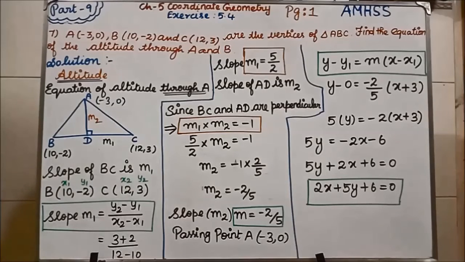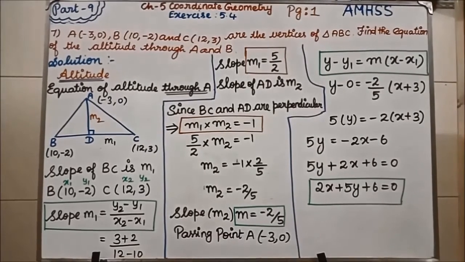So I have told you in the previous fifth problem itself, if two points are given and they ask you to find the slope, what is the formula? y2 minus y1 divided by x2 minus x1. That is our formula. We know what our y2 and y1 are, what our x2 and x1 are, so we are going to just substitute y2, y1, x2, x1, everything.